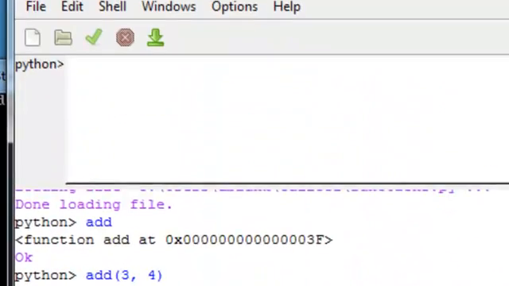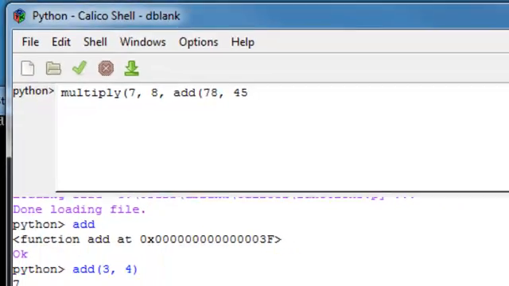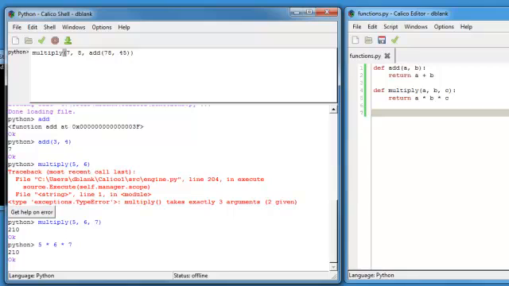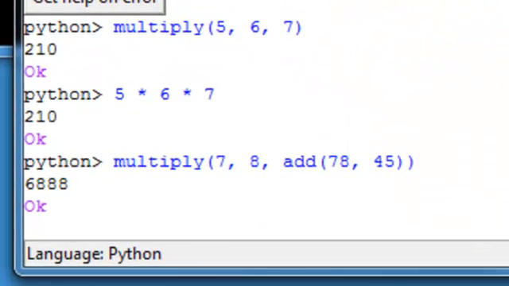And of course I can combine these. I can multiply 7, 8, 9, and actually let's, instead of making that 3rd argument be a number, let's make it be a call to our add function, and let's add 78 and 45. And so we're going to multiply 7 times 8 times whatever 78 plus 45 is, and we see that in fact you can combine these in lots of different ways. So that is the first lesson in defining and using